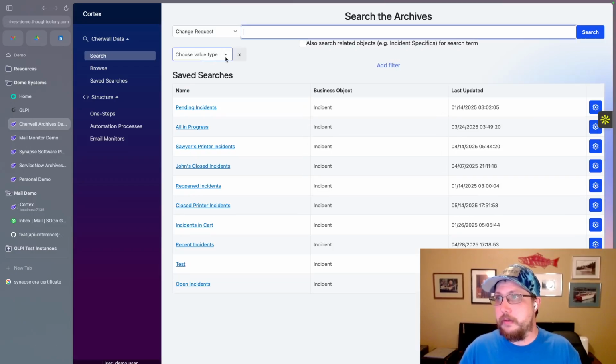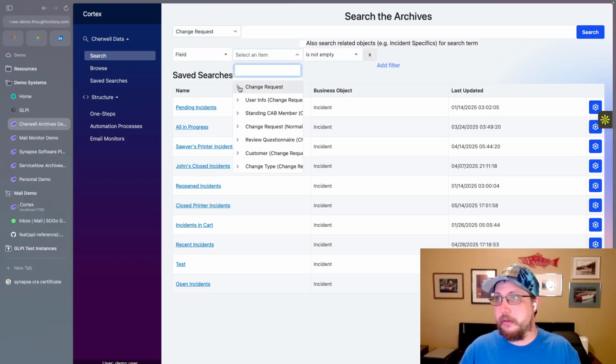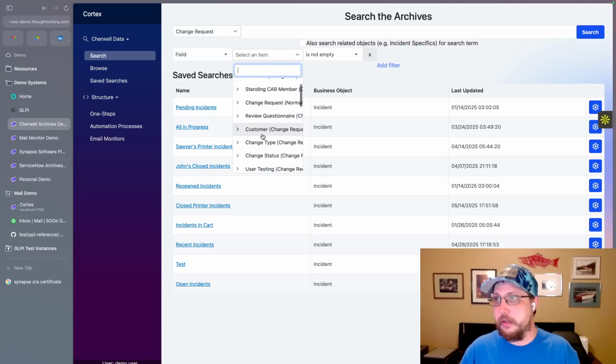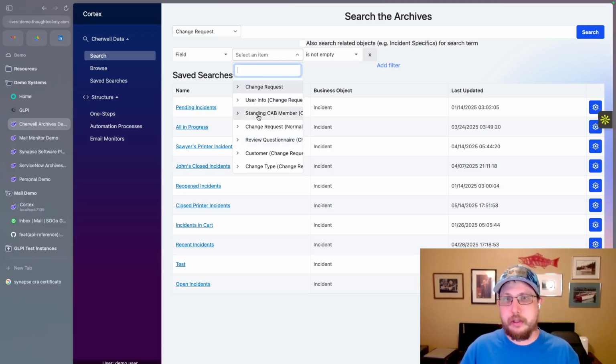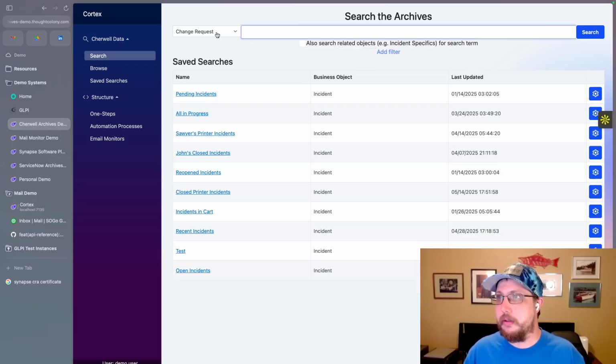In addition to that, we've added some more functionality to the filters. So if you choose field, not only do you get a list of the fields directly on change request, which are of course searchable, but you also get a list of all of the different relationships. And the way these are set up is it's the name of the business object and then the relationship in parentheses. So in the case of, let's actually go back to incident,